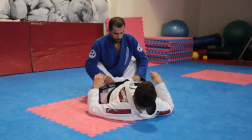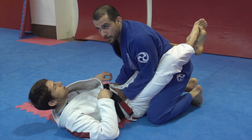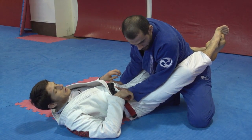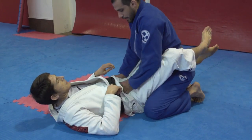Okay, so here it's really important to keep your grips in, so you keep your base, elbows in. Now you're gonna move just your knee to the middle of his butt, so you change your center of gravity. So now I have a space to push his leg down with my elbow. As soon as I twist my body a little bit here, I keep my base in front